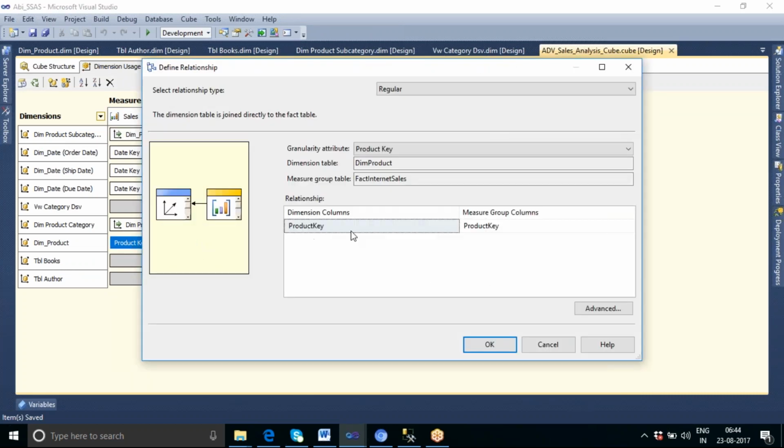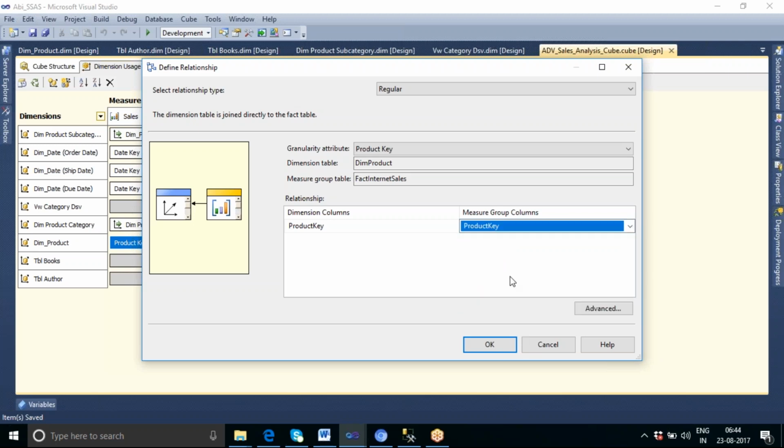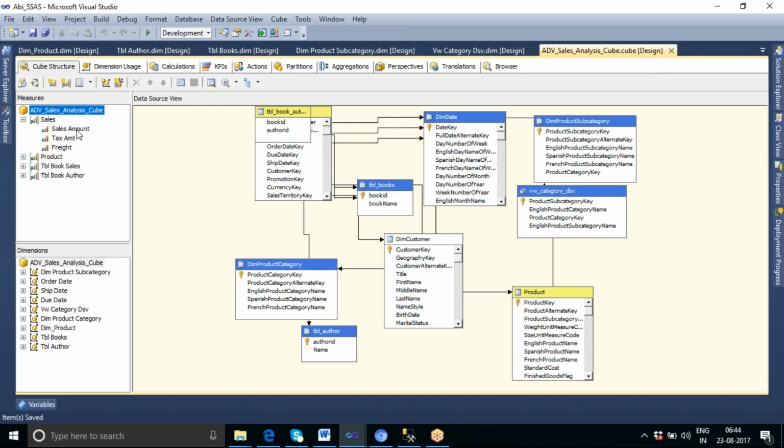Now you can see that in your measure group table, that is in your measure group columns, all the key columns present here are shown, and only for joining purposes we are fetching the entire table. But for showing the sale amount while creating the measure, we are calling only the sale amount.